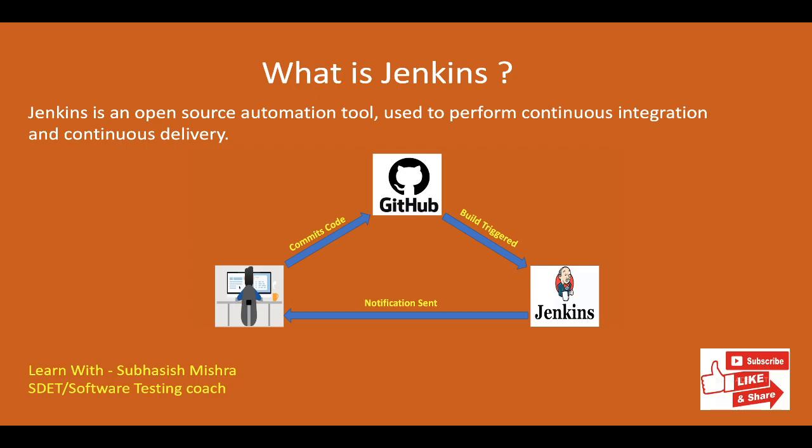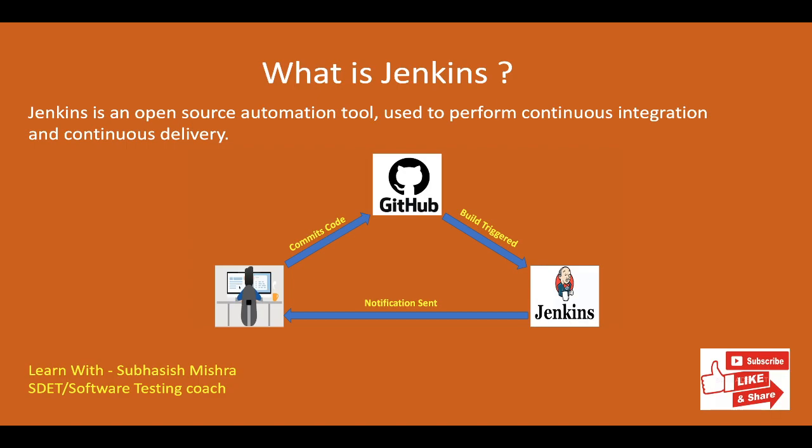The major testing things we can achieve in Jenkins are: you can run your test automation on a destination machine via Jenkins remotely, you can generate testing reports, you can set thresholds as per test cases, you can send notifications of your test report, and you can schedule your automation at midnight. As I said, you can automate your tasks via Jenkins. So these are the reasons why we need to know Jenkins. Let's see today how we can download and set up Jenkins on our local machine.